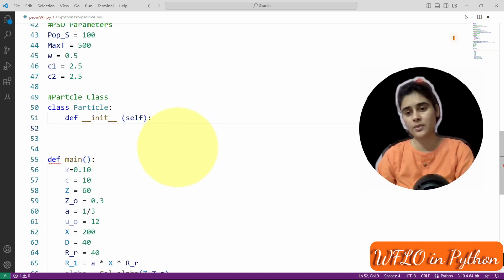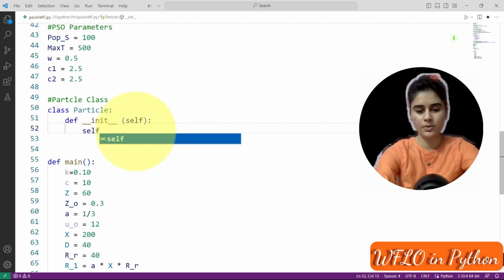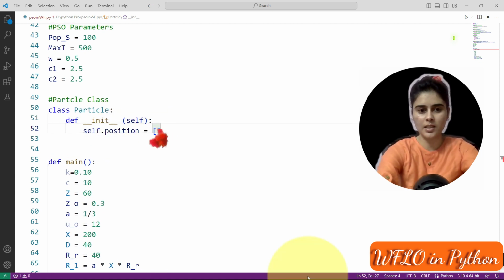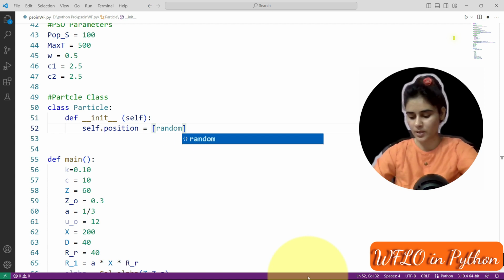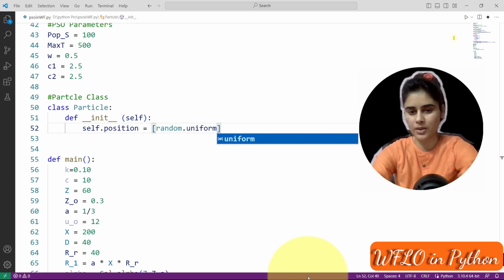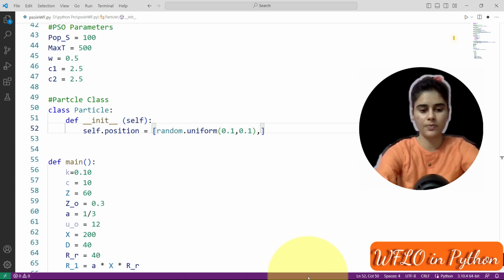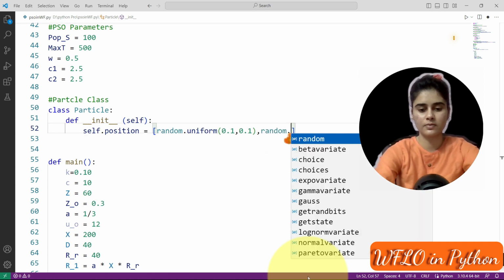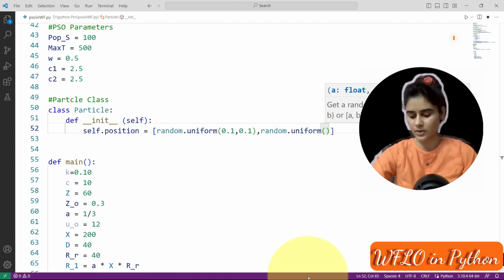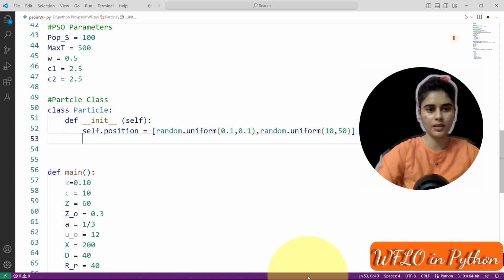So here we have a class for the particle. Here we have the agent's position, their velocity and so on, self position. Position is randomly initialized. So we have random uniform, and the value we have here is 0.1, 0.1, then we have random uniform. Here we just use these values, you can change them accordingly.